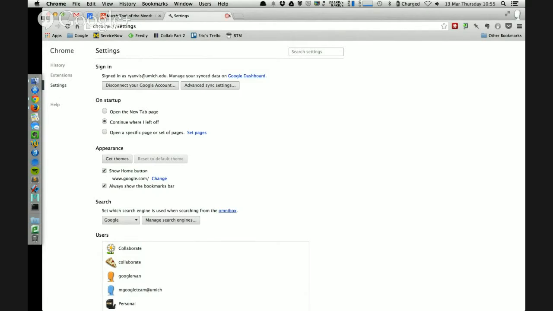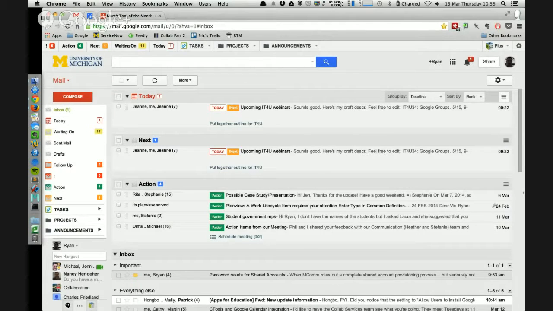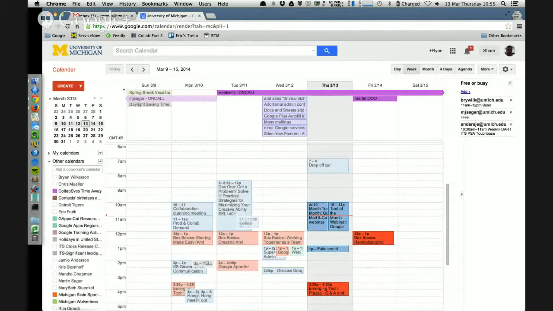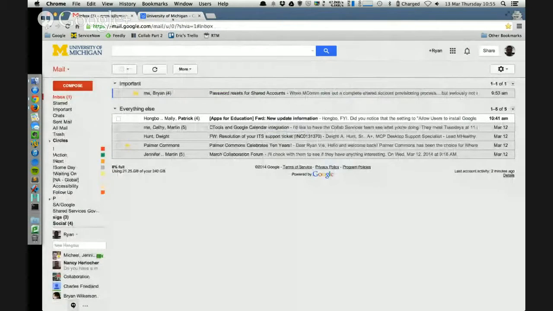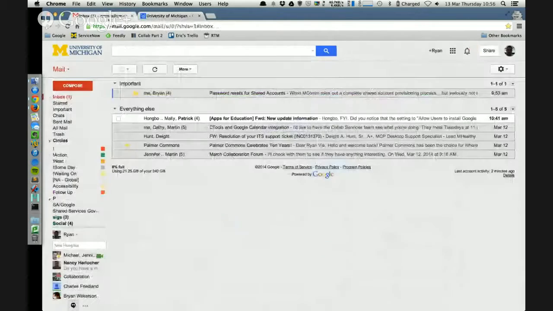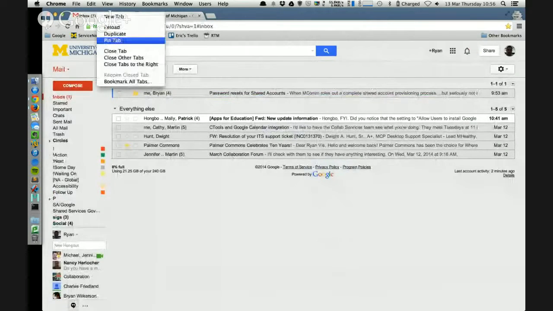Another thing you're going to want to do is pin the tab. So you kind of see I have two tabs pinned right here. What I will do is go over to my incognito window. What you see right now are just normal tabs opened up. I have my calendar opened up and I have my email opened up, but they're just there. I can move them around, whatever it is. If I close this down, they're gone. What I can do is right-click on the tab, or if you're on a Mac, two-finger tap, and choose Pin Tab.